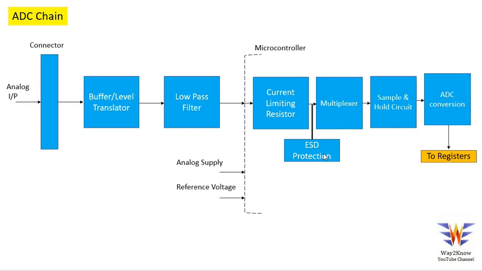So a multiplexer is used because if you take your microcontroller, you will have a number of analog channels. So these analog channels will be routed to an internal microcontroller, whether you have an 8 channel or a 16 channel or 32 channel based on your microcontroller. So each channel would be read at once based on the multiplexer input, and then this will be passed to something called a sample and hold circuit.